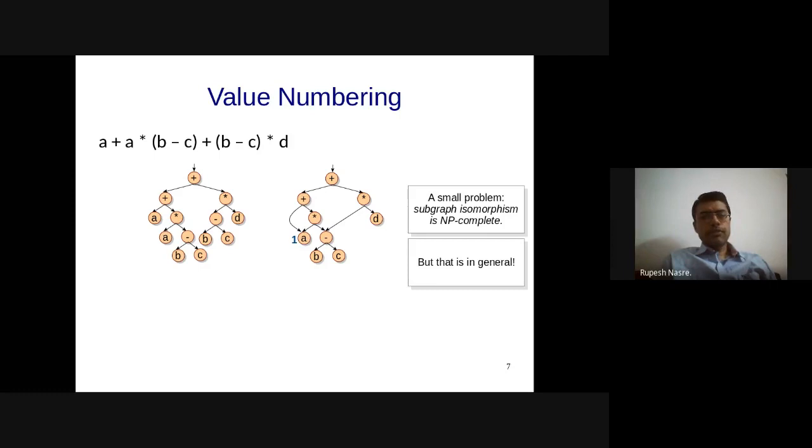There is one possible way in which the nodes get numbered when you're talking about expressions, and that numbering is called value numbering. So each node is assigned a value, and there are certain properties which get satisfied with this kind of numbering. So let's look at that. Whenever you encounter the first leaf, which is this A, you assign it a new number, let's say 1.